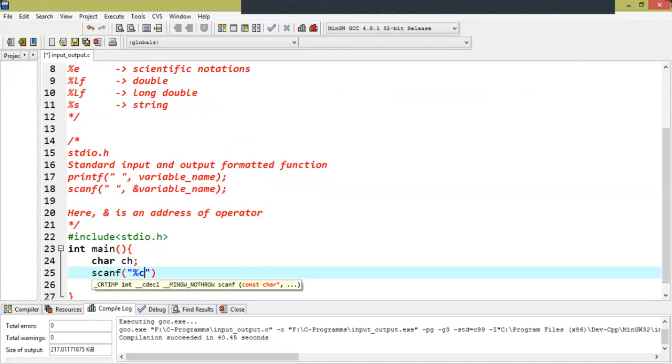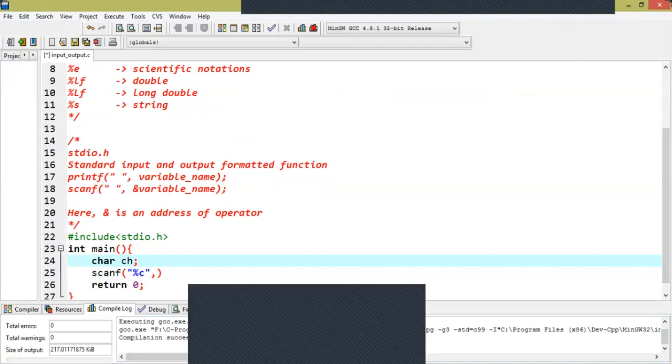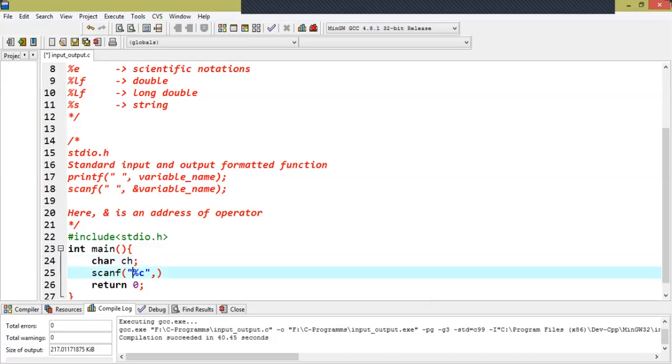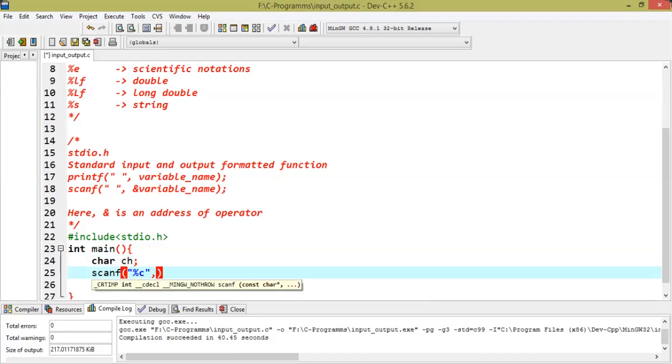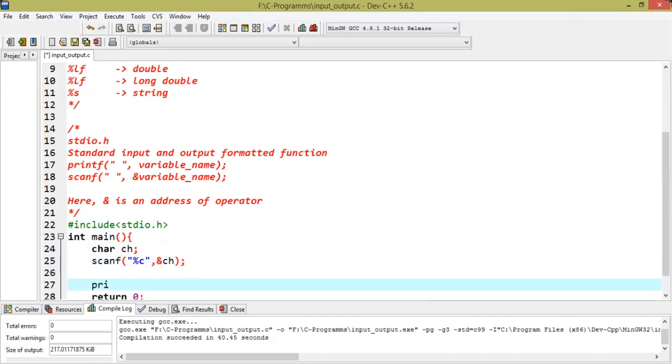Format specifier is %c, and then we need to pass ampersand, sorry, ampersand ch. So our input is ready here. Then we can print the value here. Printf, which format specifier? %c, we can give a message. And what is the name of the variable? ch.